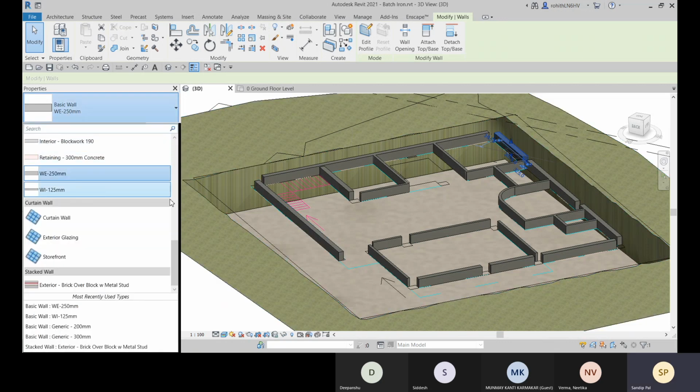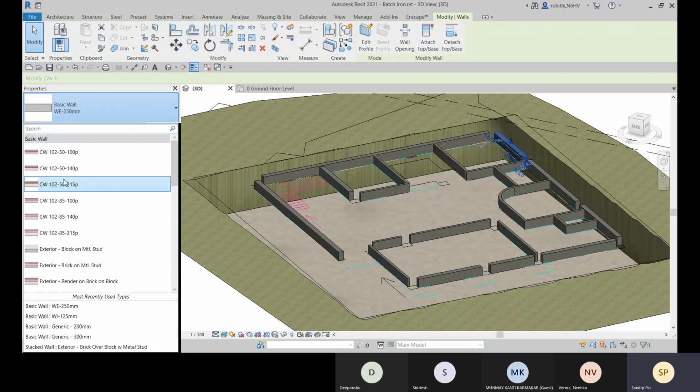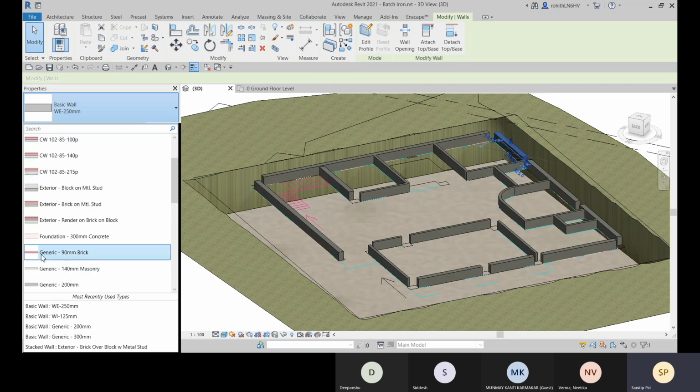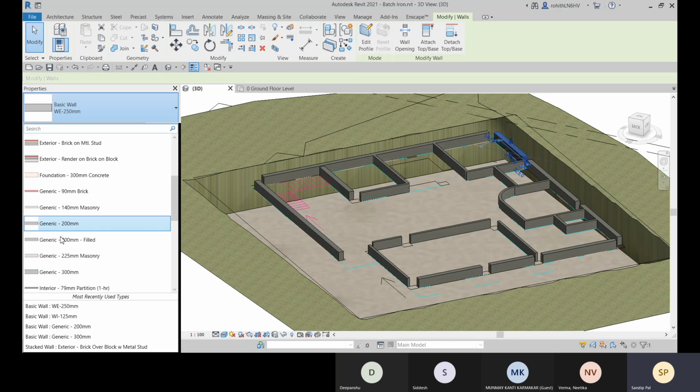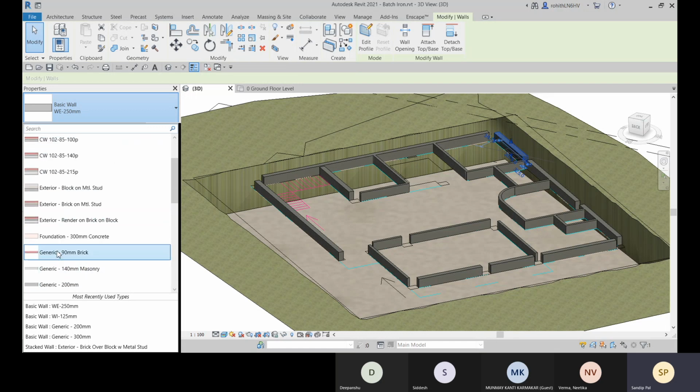Basic wall has two types: one is generic, another is compound wall. Here you see that these are CW, these are compound walls. So we have some default compound walls and we have some generic walls. These are generic walls.